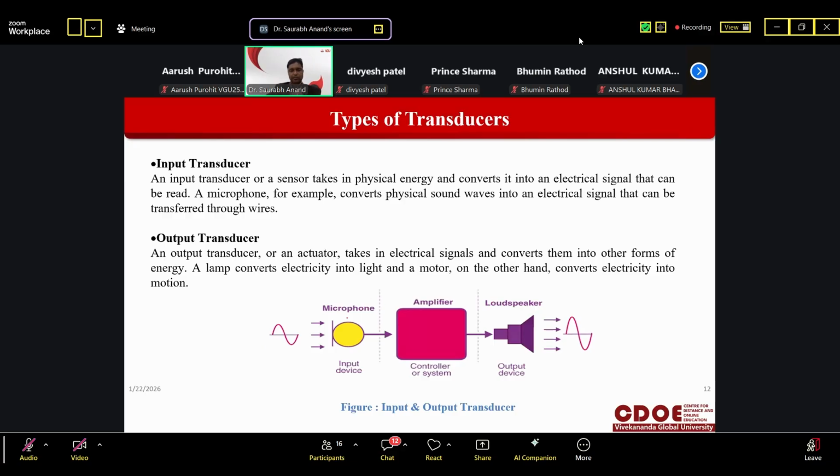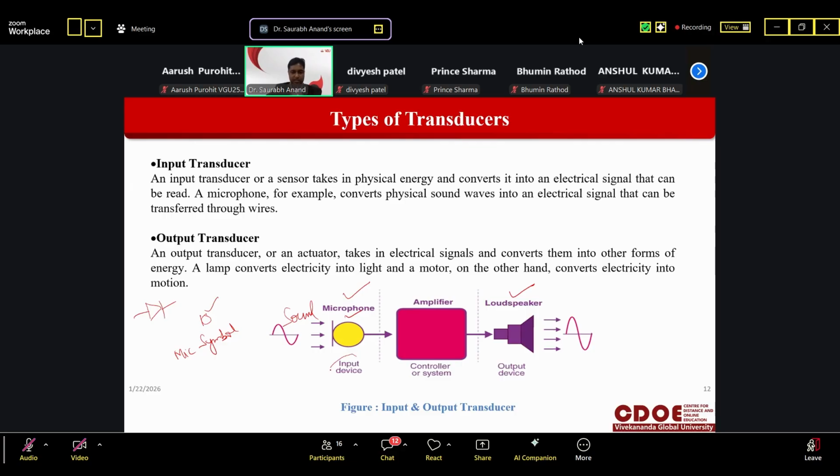If we talk about the block diagram, this is the block diagram in which we have used a microphone and this is the loudspeaker. The microphone is this, and this is the sound, which falls on the microphone. This is the symbol of the microphone. Just as this is the symbol of a diode, similarly this is the symbol of a microphone. If it is shown in any circuit, you can understand that a microphone is used there.